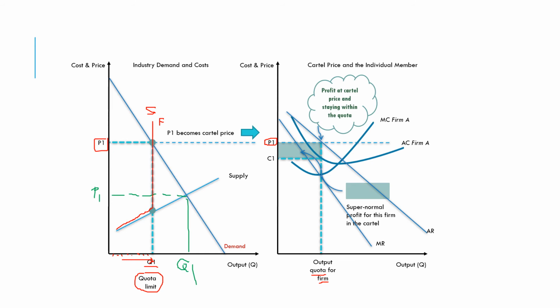Now you may just have a look at the diagram and say, actually, what if one country here was to cheat a little bit and produce more than their quota? Well, that would start to shift the supply curve to the right, and if firms kept doing that, eventually we'd be back on the original supply curve and back at the original market price. So this only works if firms actually stick to the quotas and agree to limit supply.